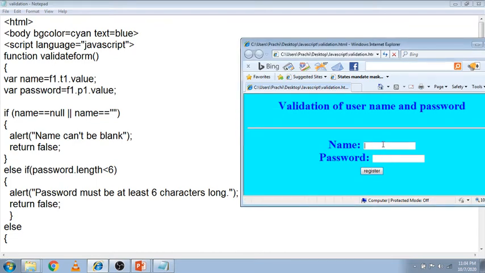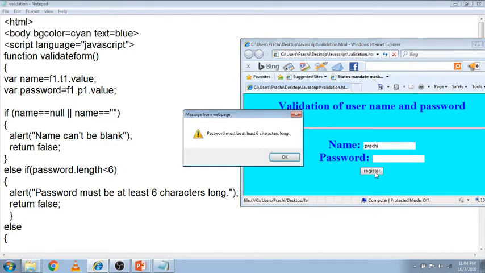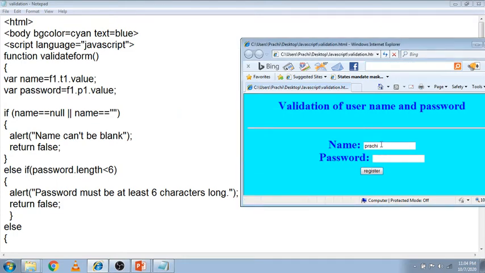If I put the value of the name field as Prachi and click on register, then it validates the first field and the second is blank, so the error will be password must be at least 6 characters long. This message will get written.